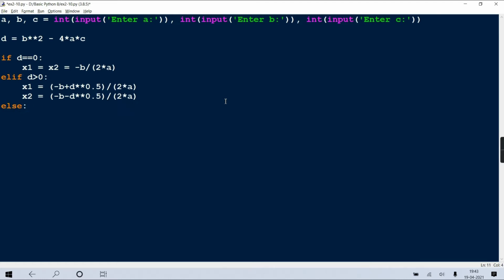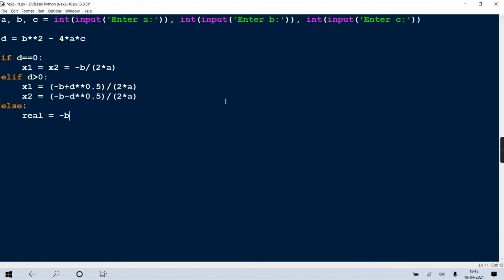And now the last else means obviously it is negative. It's not 0, it's not positive, so it's negative. In that case we have to find two complex numbers, which are conjugates of each other. So they have a real part and an imaginary part.